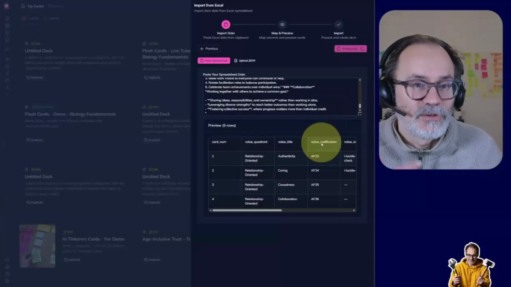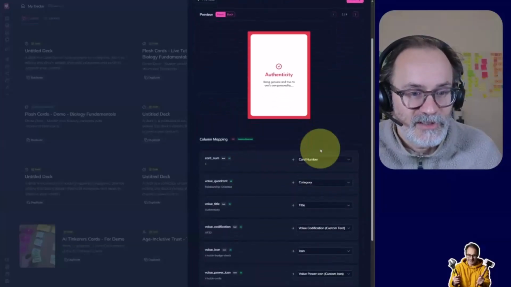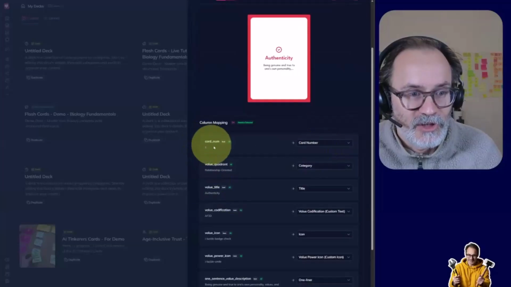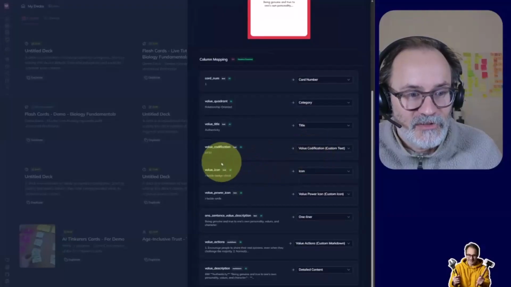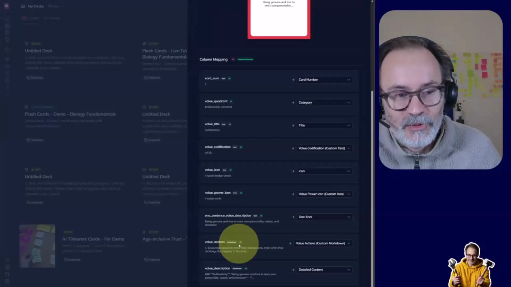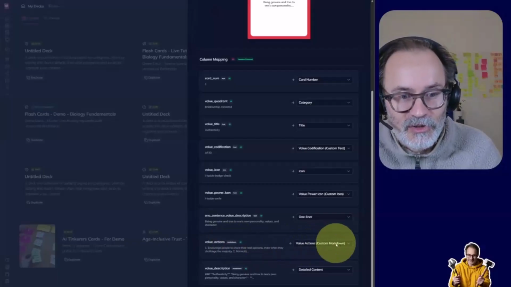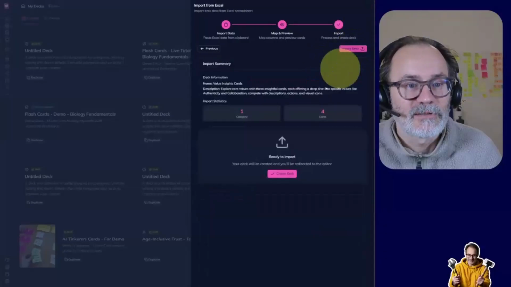and then it's gonna put your content either in the standard field of I love cards, such as title and description. For example, here the card number goes into the standard card number, and it also finds that these value actions here, it's a card deck about values. It needs a custom field, so it does all the job, but you can modify. Then next, create deck,